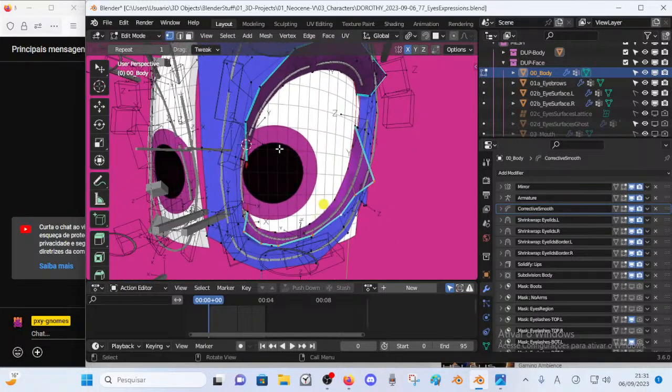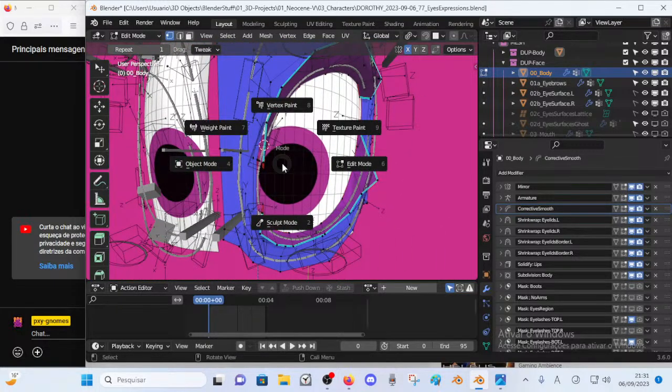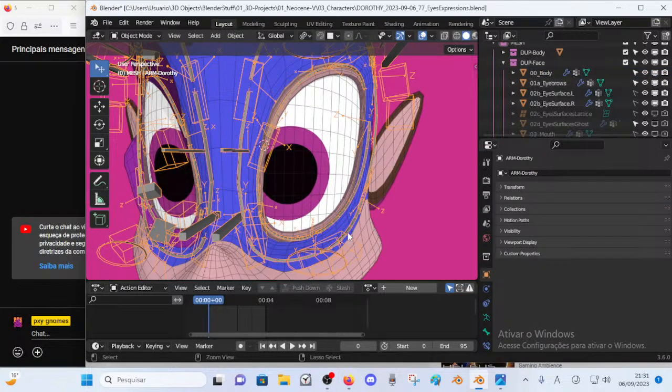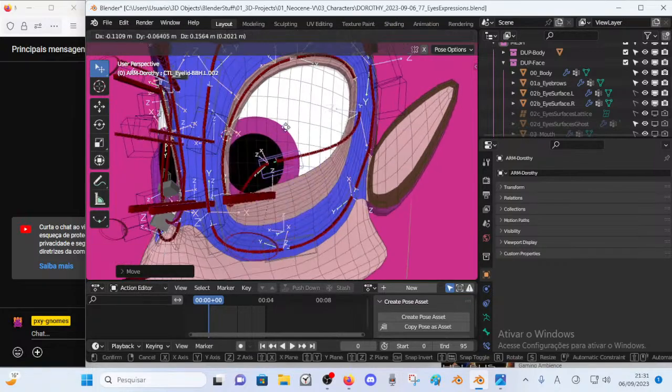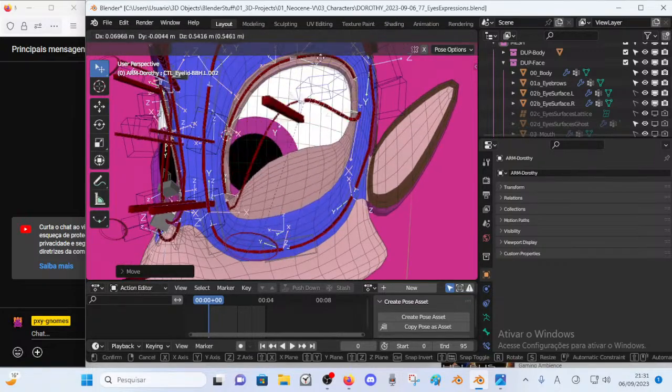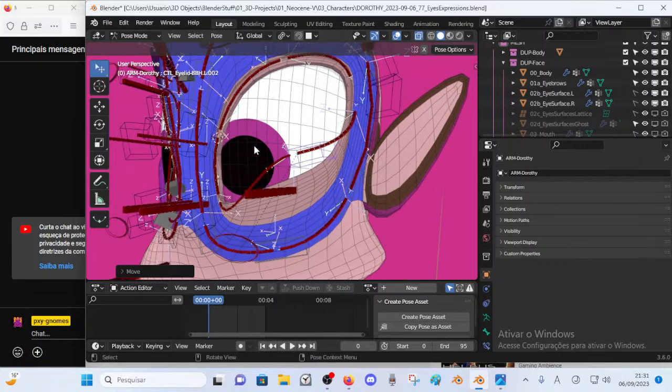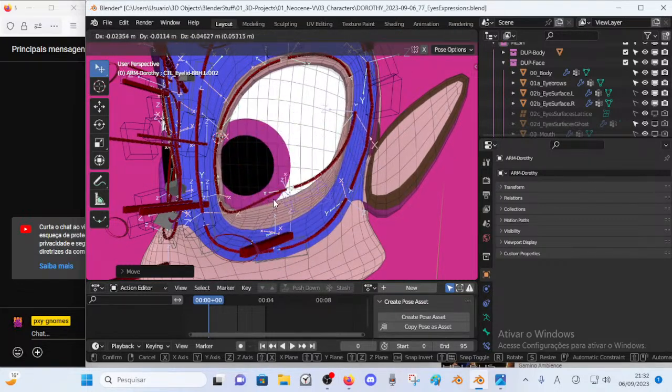Okay, this is why I can make these deforms on the eyelids. They just keep snapping to whatever eye we have below, so it's shrink wrapping.